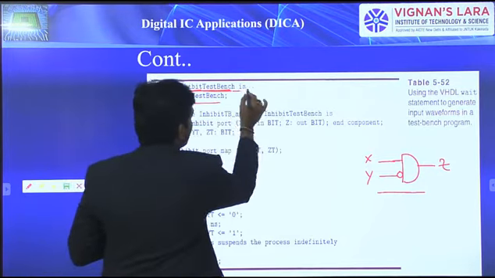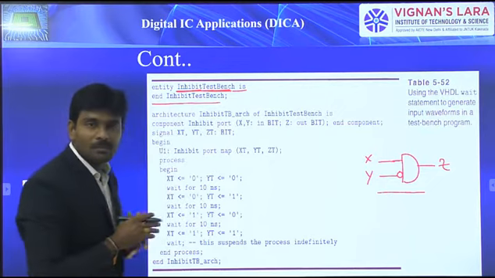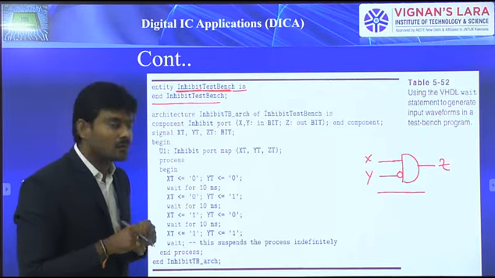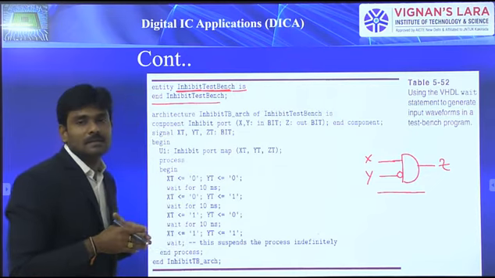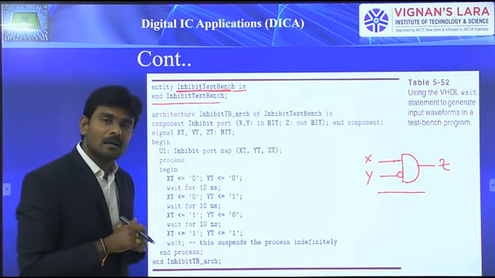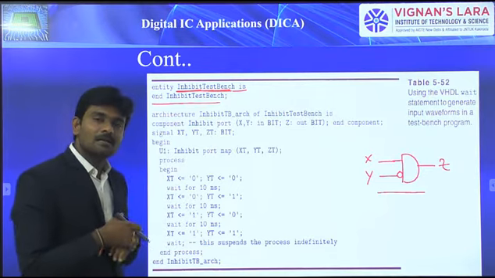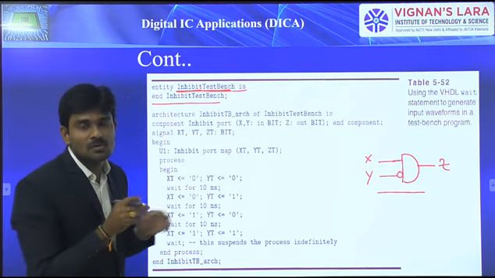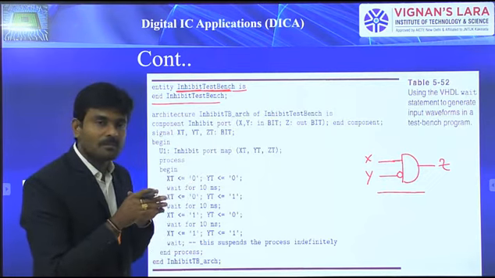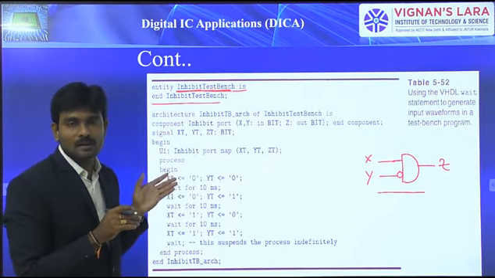Then, in an ordinary entity we describe the inputs and outputs, but while developing the test bench there is no need to mention the inputs and outputs of that entity. That is because we drive the inputs within the architecture body, and for outputs, we consider the output response in the waveforms. The simulator waveforms consist of a separate window, in which we can verify the outputs of this particular module, the inhibit gate module. So there is no need to mention inputs and outputs of that module.